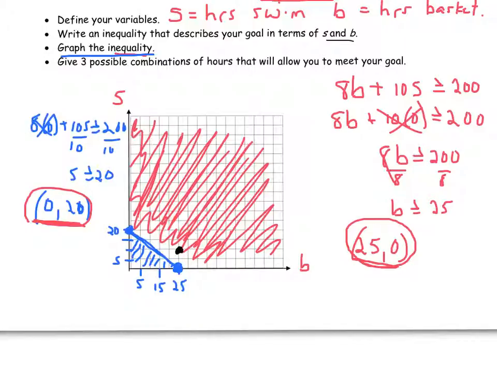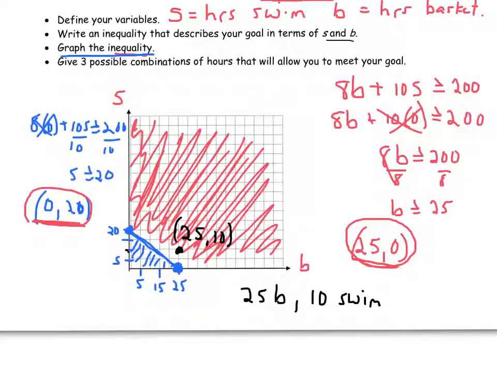So I'm just going to pick that point, and I can see that I can do 25 basketball hours, and then that would equate to 10 swimming hours. So you're just using the coordinates that you would find. So this is 25, 10. And that would give me enough money, or that would give me more than $200,